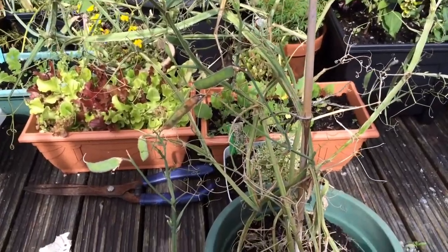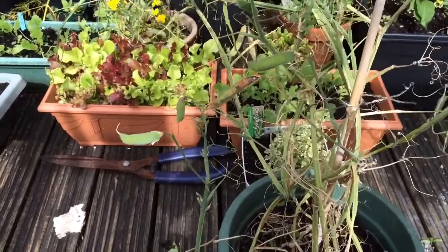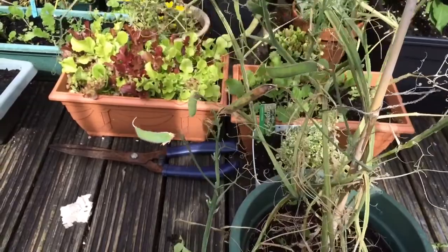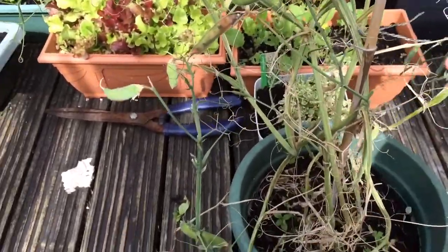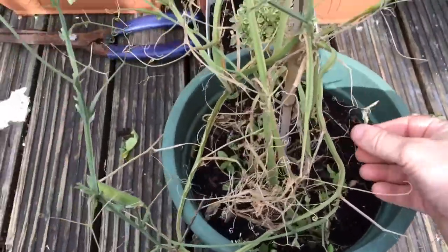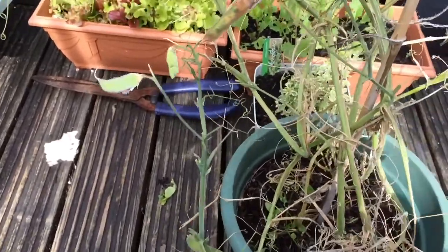Hiya guys, it's getting to that time of year where the sweet peas have pretty much finished flowering now for us anyhow. It all depends on what time you planted them or started them off from seed or bought them from a garden centre, whatever. But our plants are starting to die and dry out, and they've well stopped flowering, and they've formed lots of